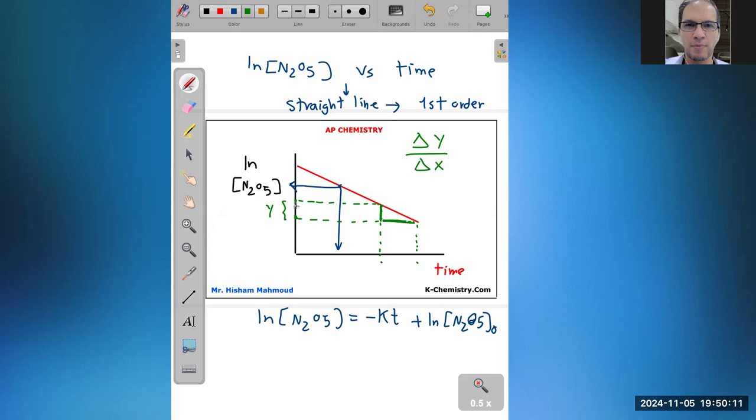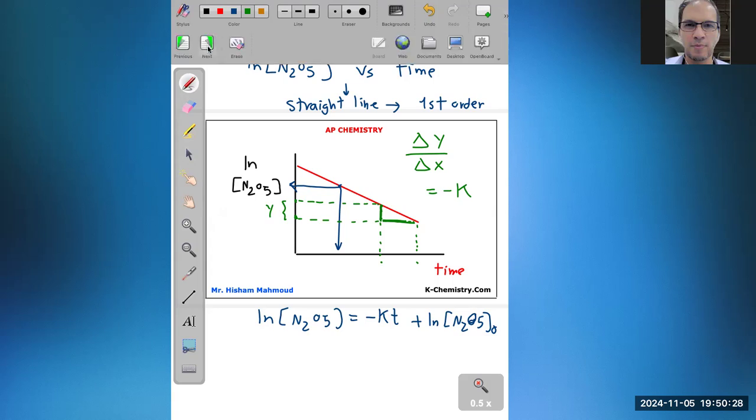This means that you have checked the change in the ln of the concentration over the change in time. And when you find the slope, you will find that it's equal to negative k directly. So you can get the value of k from the graph directly. So let's write it down. In first order reactions